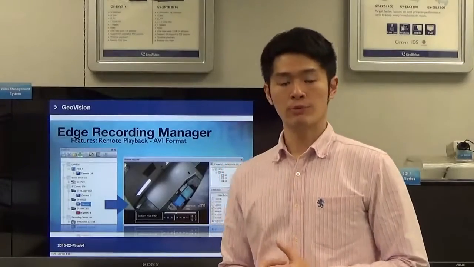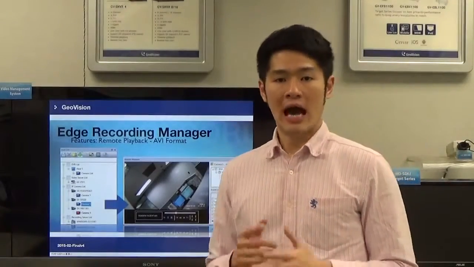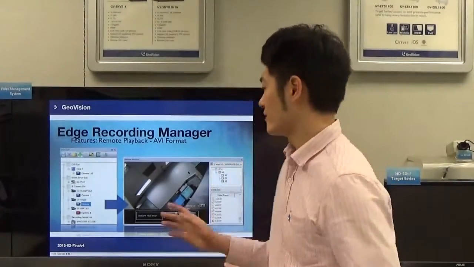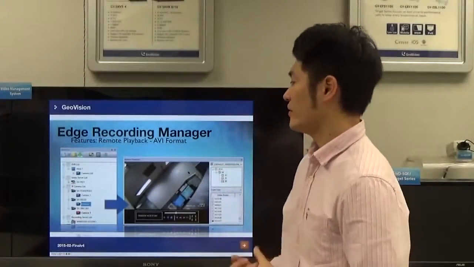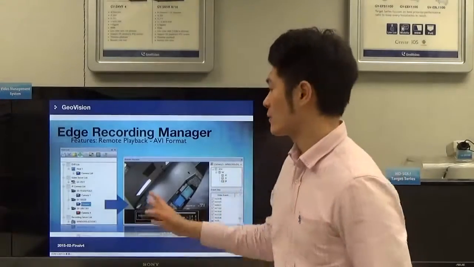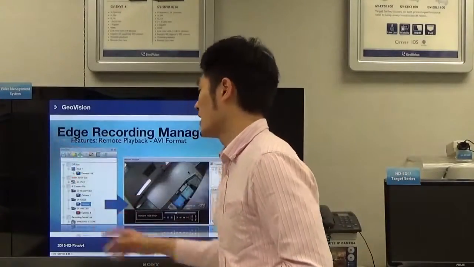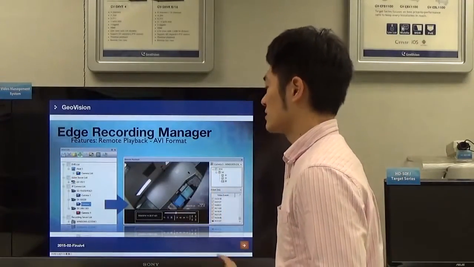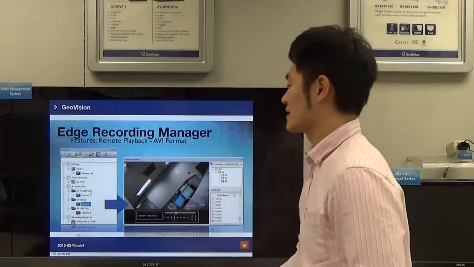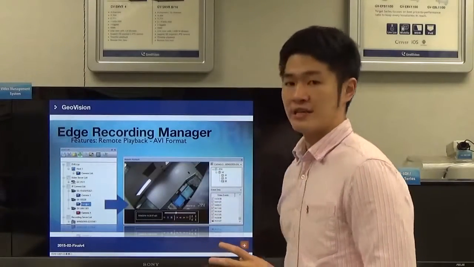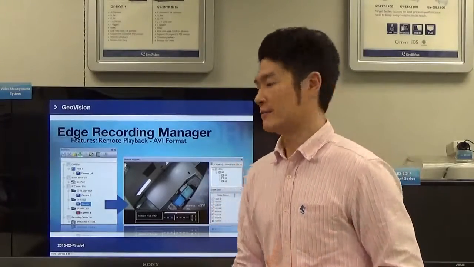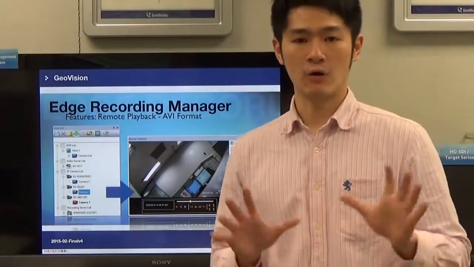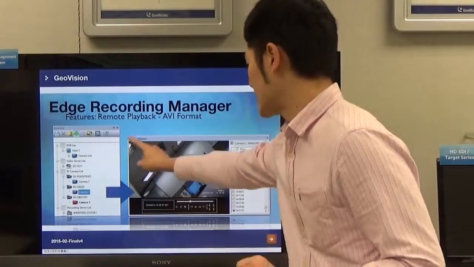So how do we do remote playback through Ad Recording Manager? I will show you guys how easy it is to do. First of all, we go to the host list. As you can see here, we have a DVR, video server, and IP cameras connected to Ad Recording Manager. In this case, I'm going to select the Speedo Camera 220. I just right click the camera, and there's going to be a selection called remote playback, and we just click on it. After clicking remote playback, a remote playback window will pop up, as you can see here,